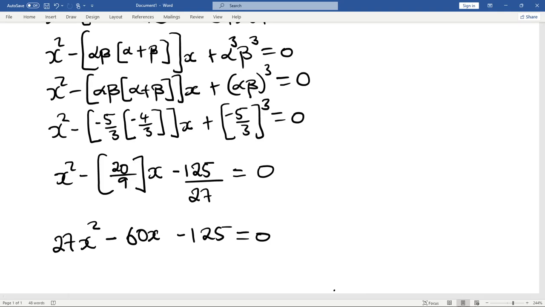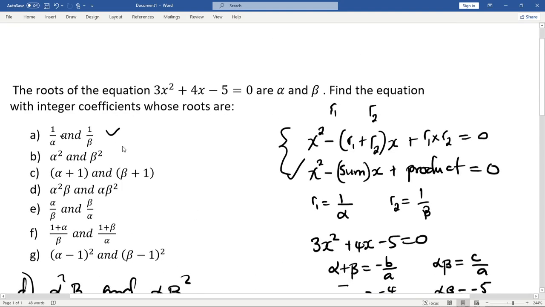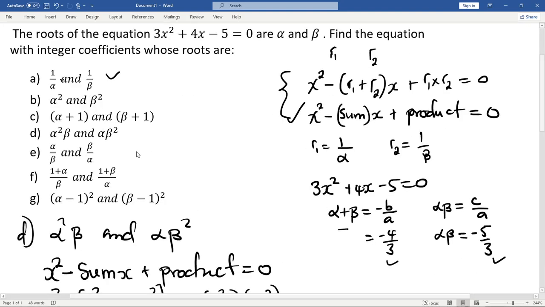Alright, so we can do the same procedure for all the questions that we have here. So the remaining ones, they are in that expression that we have there. So you can just do the same thing. You substitute whether the sum, you add the 2, and then for the product, you also